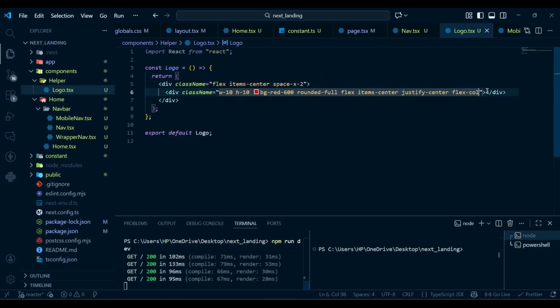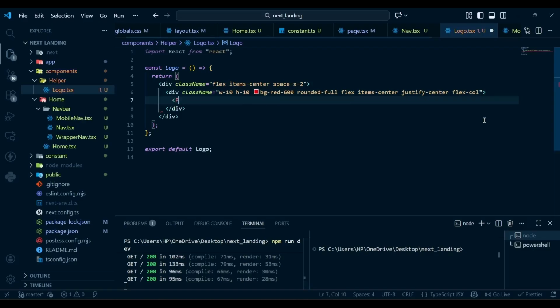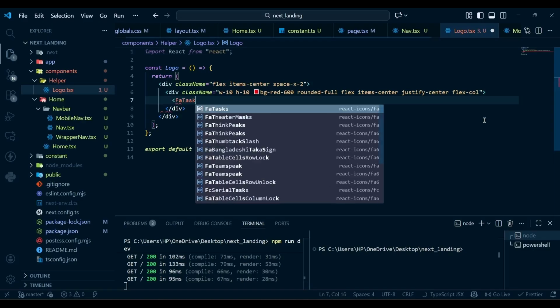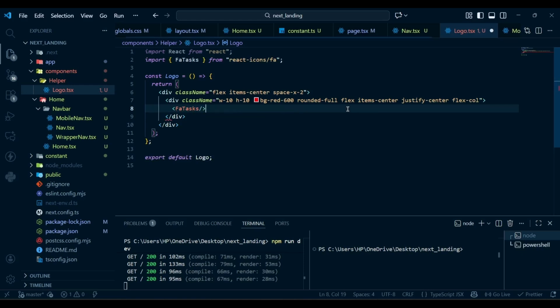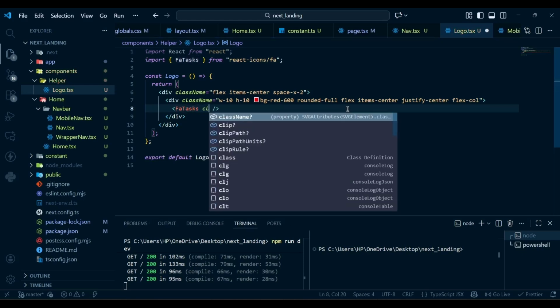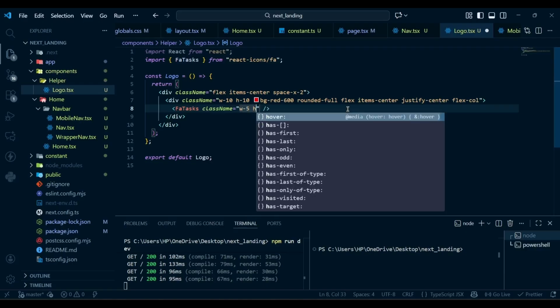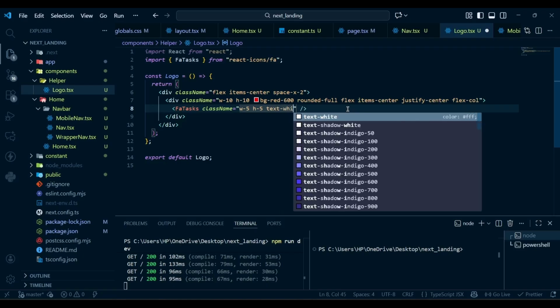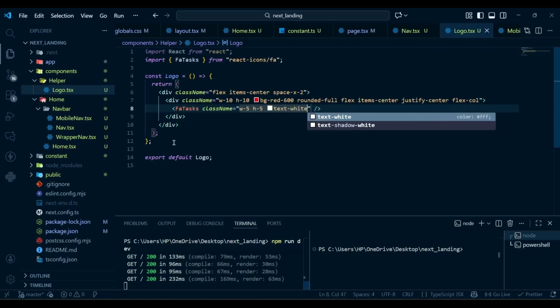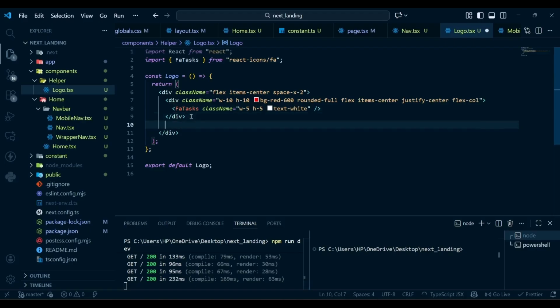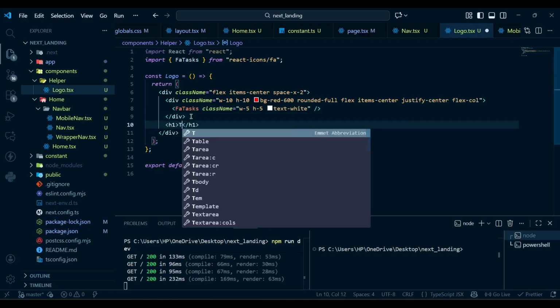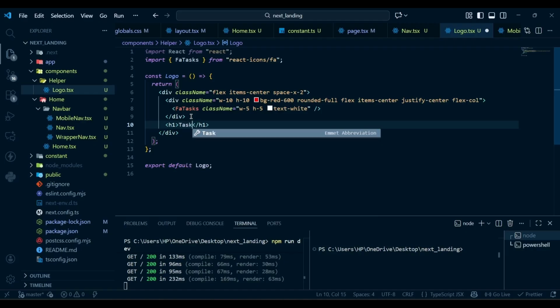That's it. Now inside this I'm going to use an icon which is FaTasks from our React icons, and this icon has a class name of width 5, height 5, text white. That's it. And then after this div we'll have an h1 with the text of TaskFlow, and this h1 will have a class name of text xl,